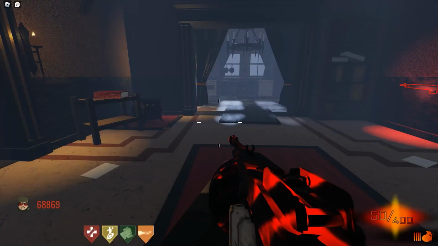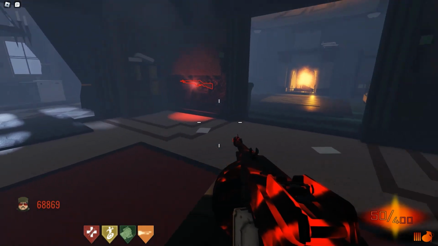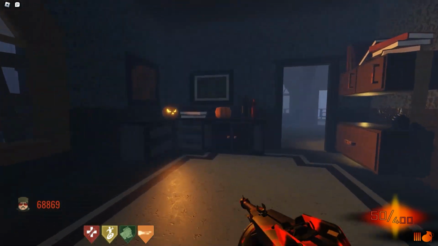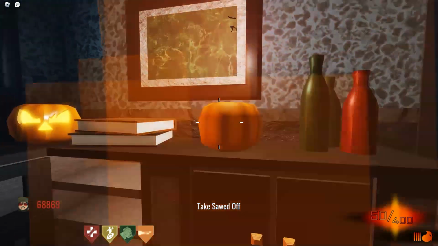Now let's go over to the Harvester. There are 20 pumpkin spawns in total, and only 14 of them can be spawned at the same time. You have to break all 14 pumpkins in one round. The locations are here,